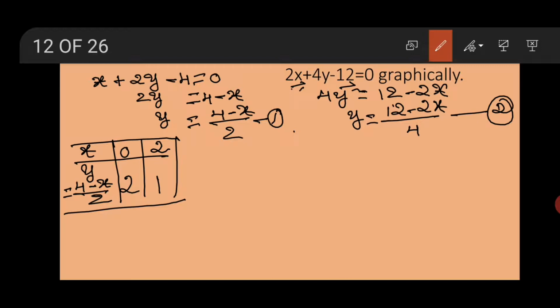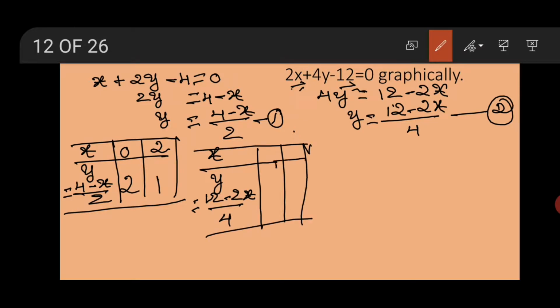Right? Similarly here also take a value table. What is the value of y here? y is equal to 12 minus 2x divided by 4. Now substitute, take one value for x, it is 0. Now what happens? 12 minus 2 into 0 is 0. 12 by 4 is equal to 3. Take one more value, take x is equal to 2. Then it becomes 12 minus 2 into 2, which is 4. 12 minus 4 is equal to 8. 8 by 4 is equal to 2. So use these two value tables,